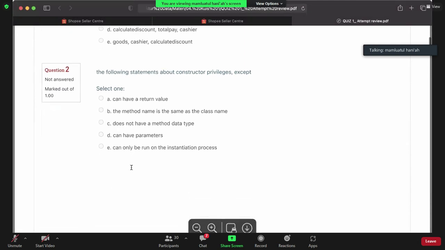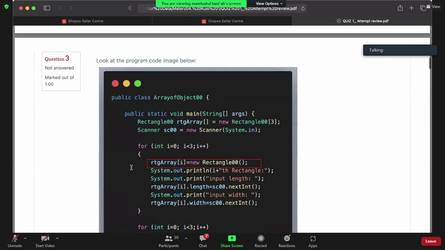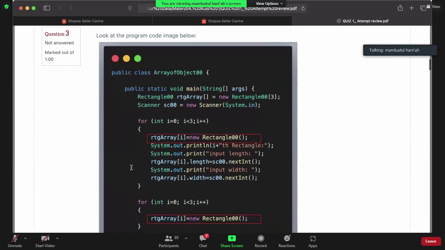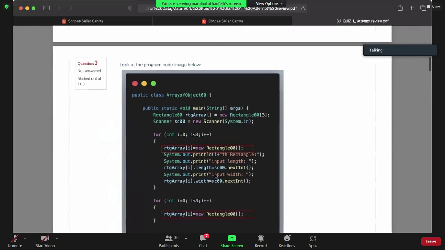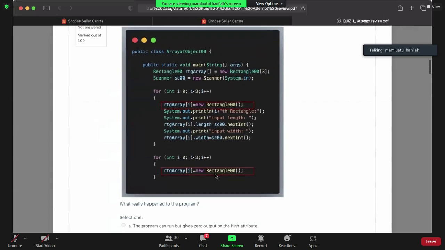Okay, I will go to the next question. Look at the code. Okay, look at the code, the red rectangle. What really happened to the program?